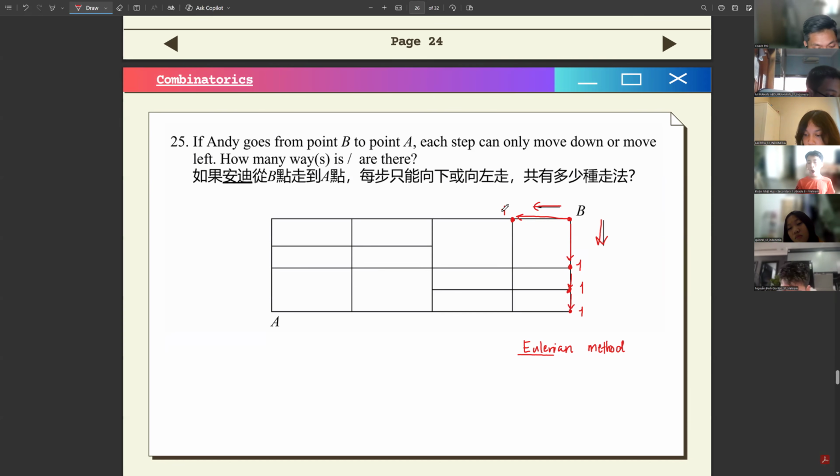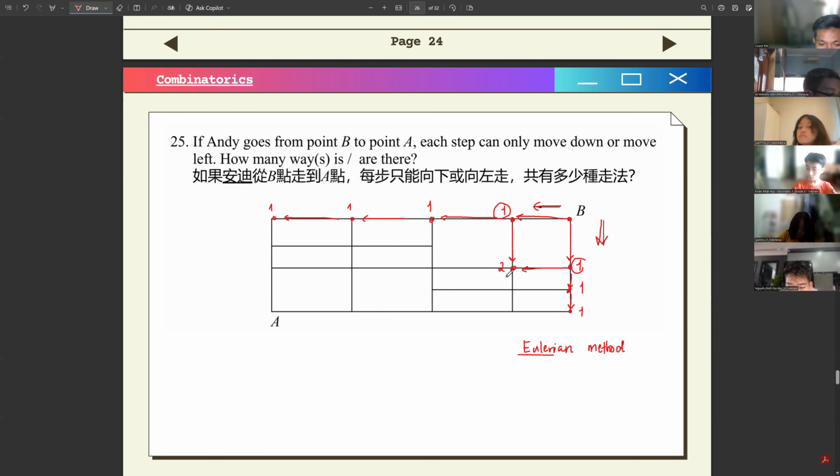What else? Actually, we can continue this to the left and to the bottom. So this point is also 1, because there's only one way to get there, one way to get here, one way to get here. But then, when we combine up to this point, there are 2 ways to get here, from this point and this point. So we have to add the 1 way to get here and the 1 way to get here. So that's 2.